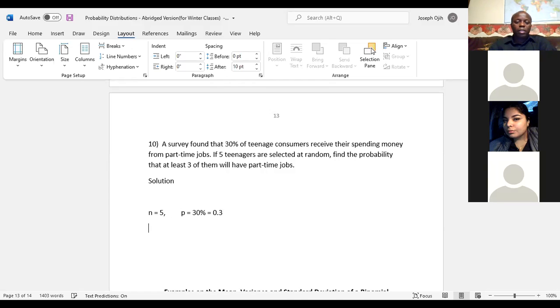So now the question says, if 5 teenagers are selected, find the probability that at least 3 of them will have part-time jobs. So that means our X will be at least 3. At least 3 means 3 or more. So 3, 4, and 5. Why do we stop at 5? Because our N is 5. So the probability of at least